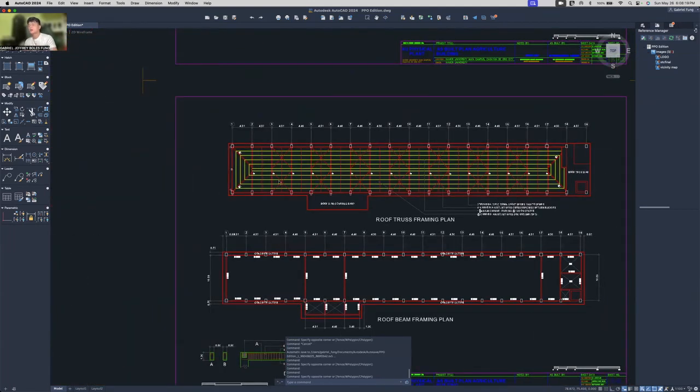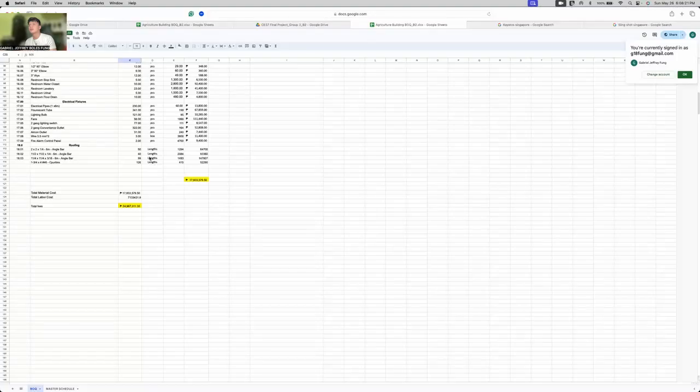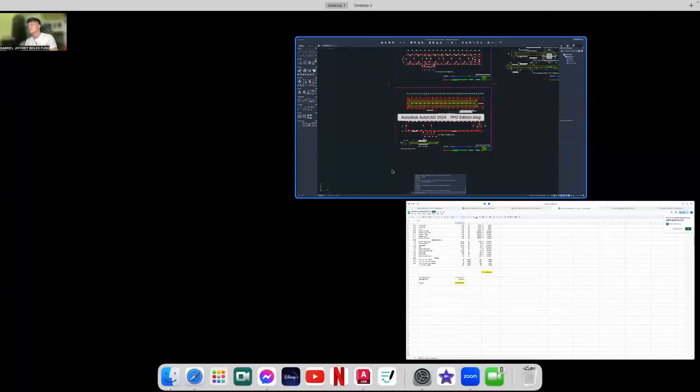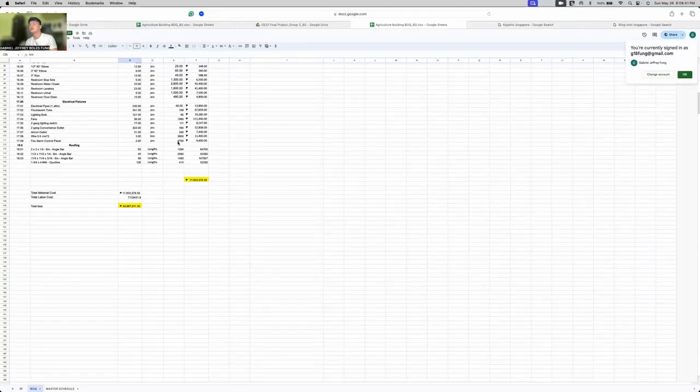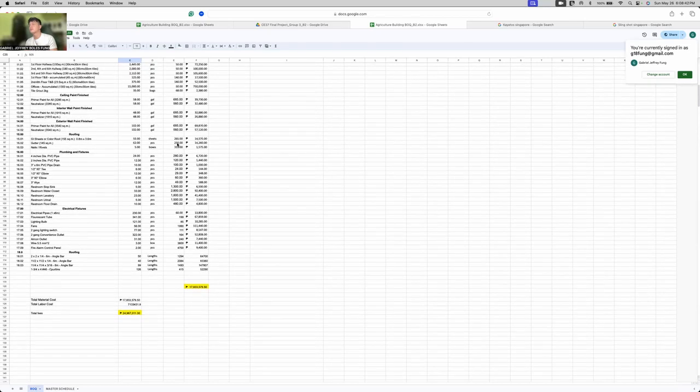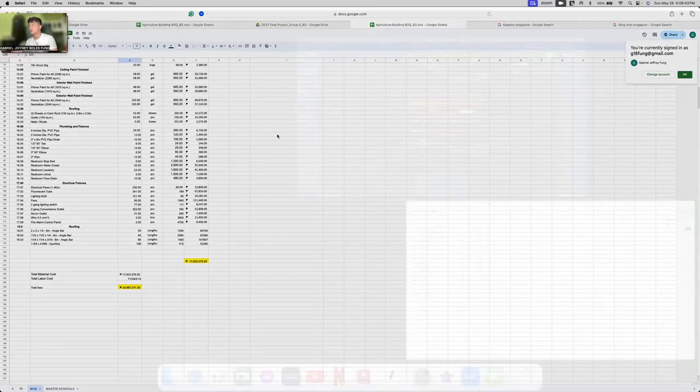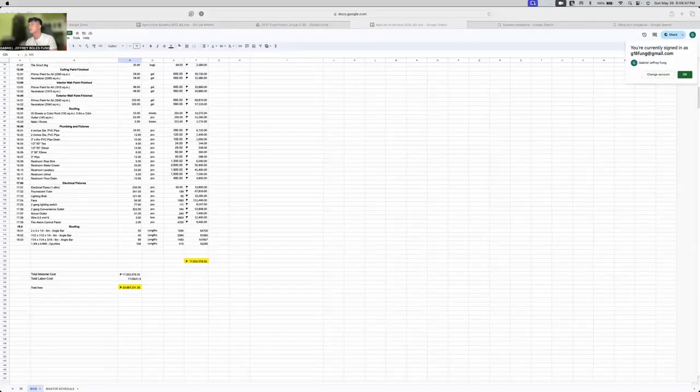So it came to a value of 50 pieces of 2 by 2 angle bars, 40 for 1 1/2 by 2, and then 1 1/2 by 1 1/2, and then 99 of 1 1/4, and then 126 pieces of the C-purlins. So that's how I computed for the parts that were assigned to me in the agricultural building. So that would be all, and thank you.